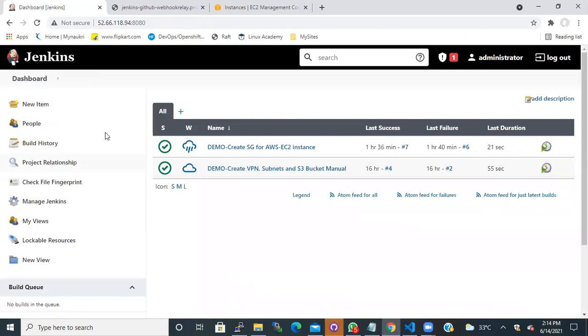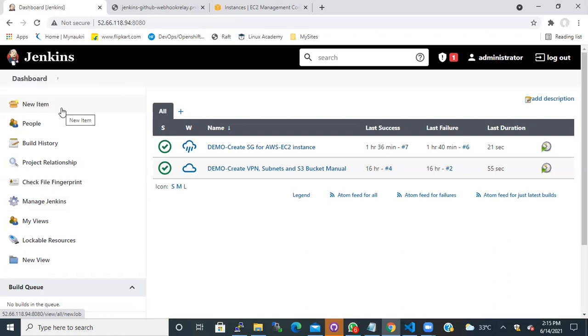Bala, here one second. Go ahead. Suppose you have multiple plugins, suppose it is your Docker. Now currently we are going to install Terraform. So if you are installing other plugins in parallel, do we need to reboot the Jenkins service this time only, or after some time? Yeah, after every plugin installation, you need to restart your Jenkins. Service or server you need to restart? Server. Or you can just restart the service. It's fine.